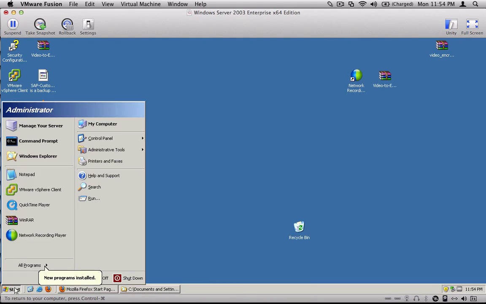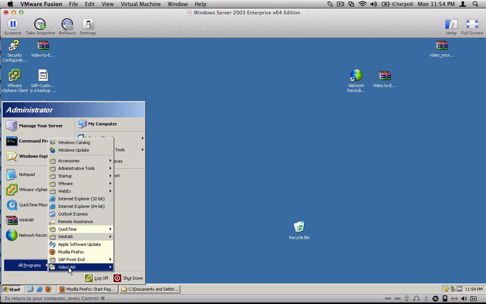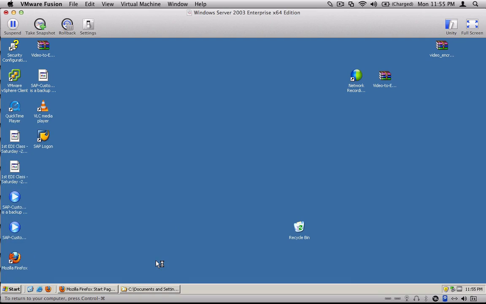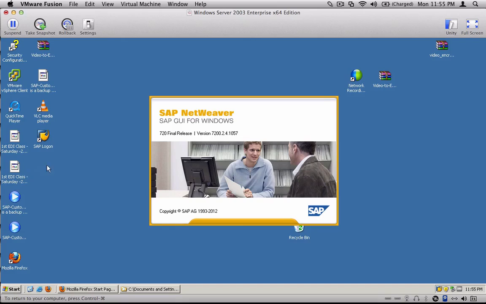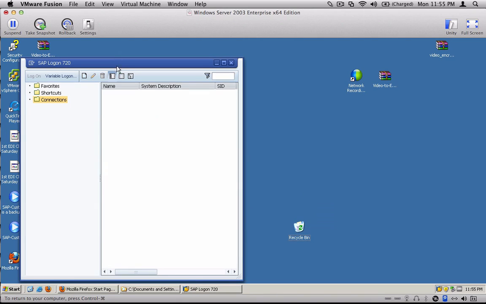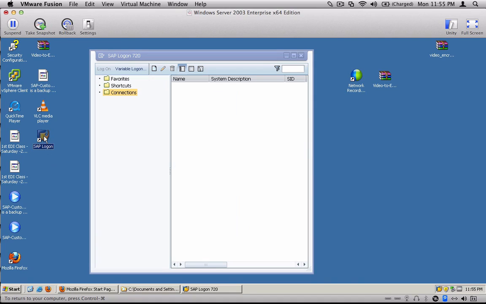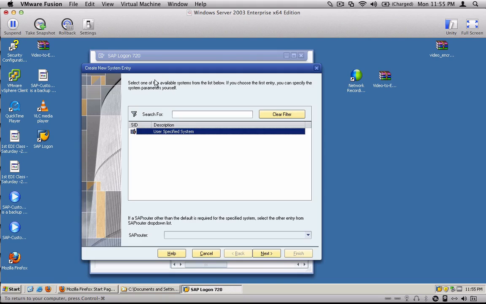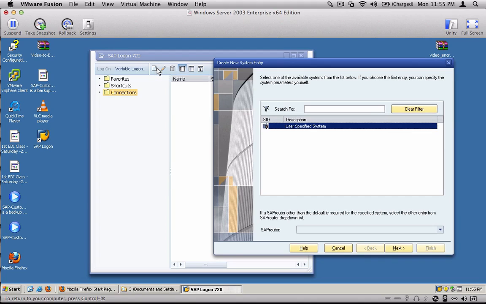So close it, go to your start menu, click on Programs, and click on SAP Frontend, and then click on the Logon. So your Logon pad will open, which is the same as this Logon pad window that SAP already creates on your desktop. Now in the Connections section, just click on the new icon. This is the new icon. Okay, just in case, this is the new icon,